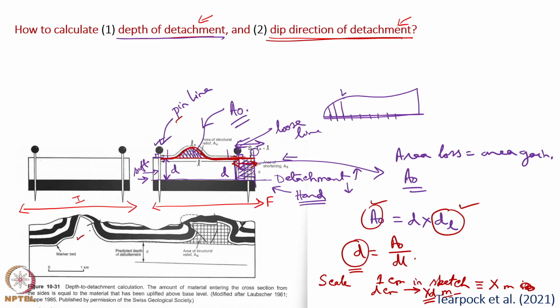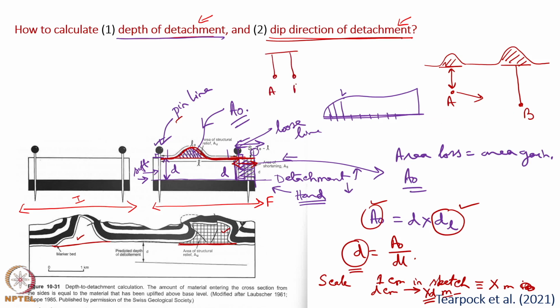Suppose there are two folded layers, one over here and another over there. We find out the depth of detachment from this portion and the depth of detachment from these portions. For this portion, we find out, say this is the depth of detachment, and for that portion of the folded layer, we find out that as the depth of detachment. If this point B has gone deeper, then we say that the dip direction must be from A towards B. If A and B are at the same depth, we say that the detachment is horizontal,